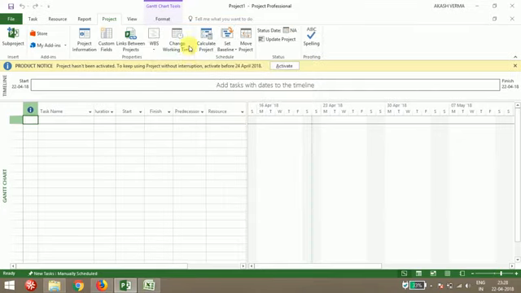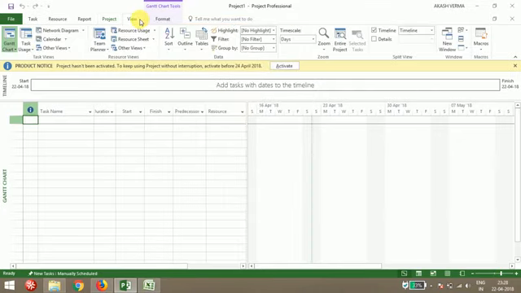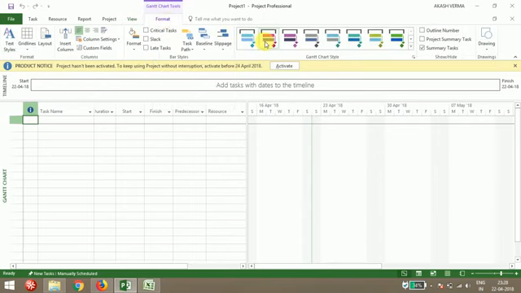In the view option, you have things like the network diagram or the resource usage, and you can view all the types, whatever you have entered. Then in the format tab, you can change the color of your timeline, or you can use critical tasks.